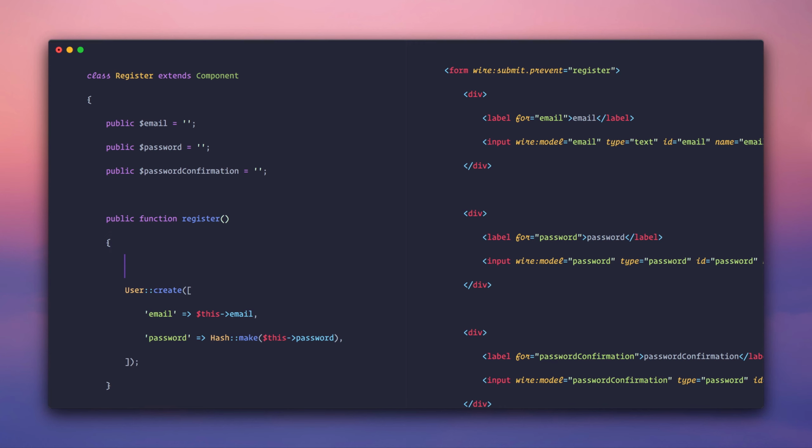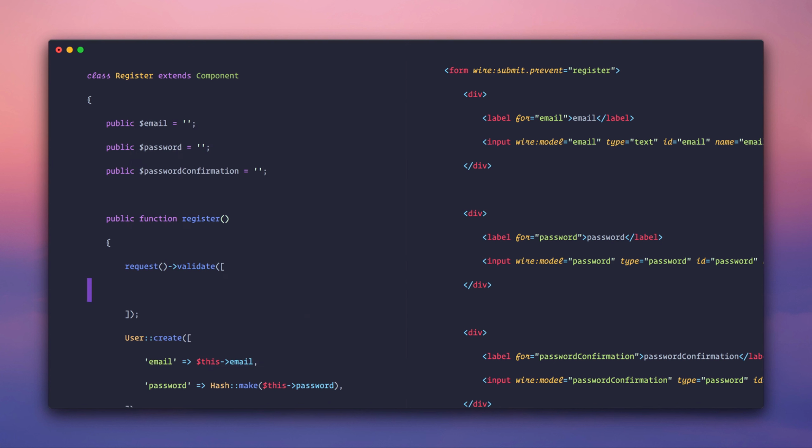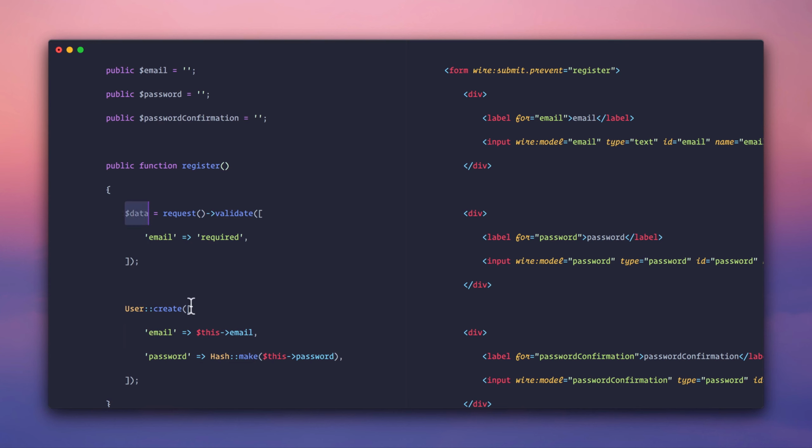So in Laravel, in a normal controller, you would do something like this. Request arrow validate. You would add your validation, something like email is required, right? And then maybe you get all the data out of that. So this is pretty cool that the validate method validates the data. If it's invalid, it'll throw an exception and just throw a fit. If it passes, it'll give you all the data that you specified. So it's clean data, it's safe data. So you have data, and then in user create, you would do something like this. Data, email, and this would be data,